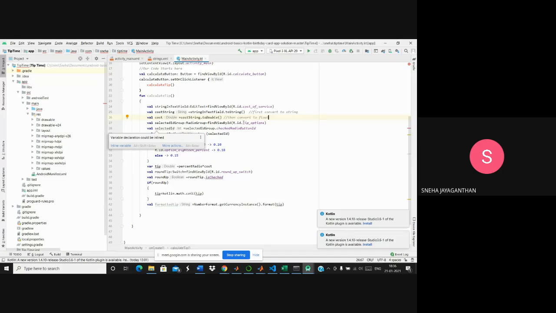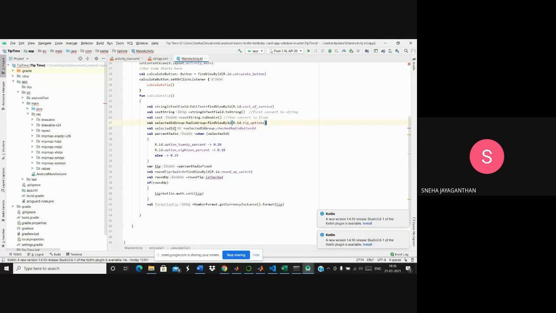R.id.tip_options is my ID of the radio group, and I use another variable selectedId to see which ID the user has selected. The checkedRadioButtonId will tell me which ID the user has selected from the selectedIdGroup variable. So I pass that to selectedId.